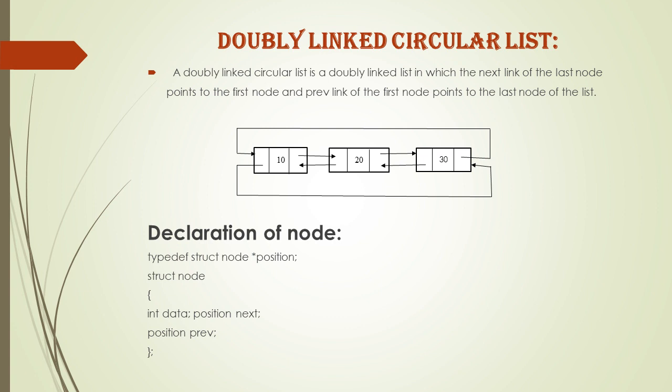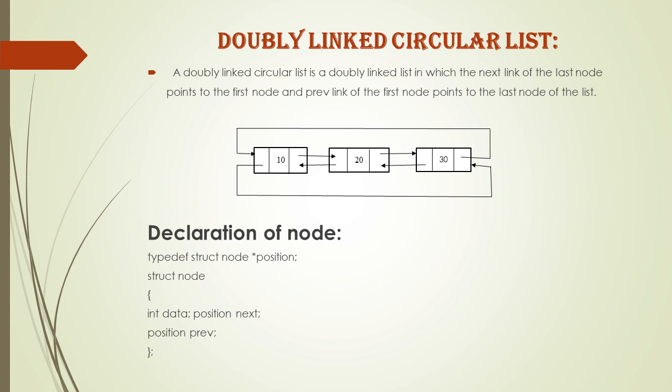Doubly linked circular linked list. A doubly linked circular list is a doubly linked list in which the next link of the last node points to the first node and the previous link of the first node points to the last node of the list. Declaration of the node: typedef struct node *position; struct node { int data; position next; position previous; };